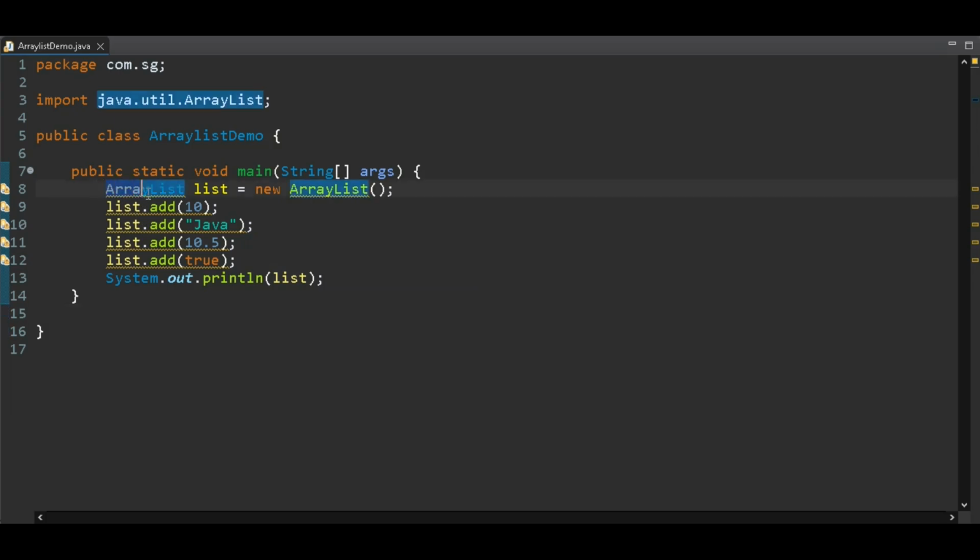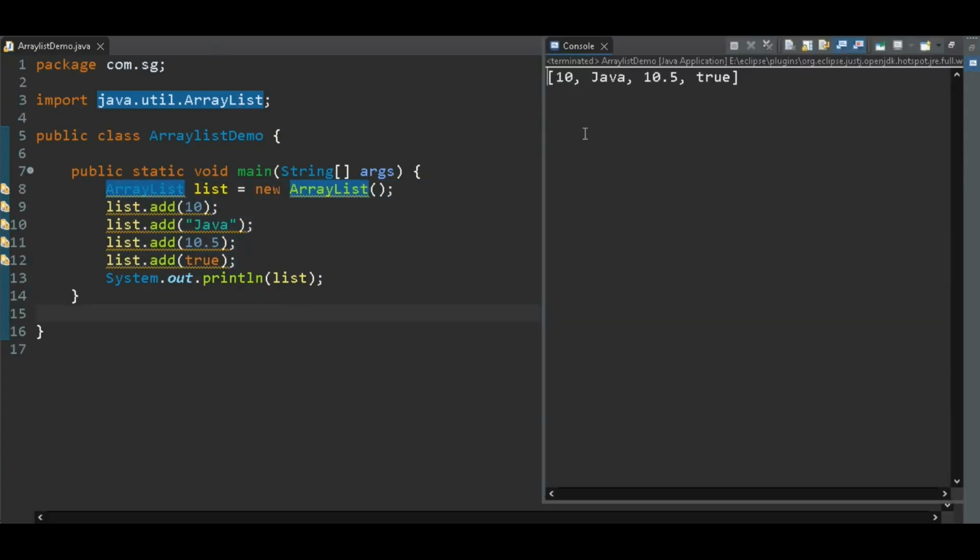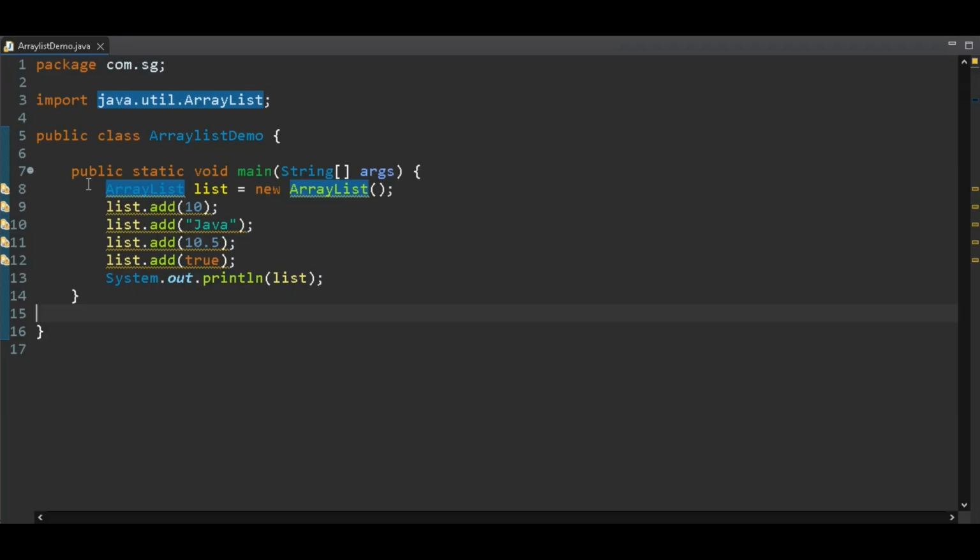Now this list contains different types of data. Let's run it. As you can see we have got the expected output without any error. That means array list allows storing values of different data types, so array list can be heterogeneous. Heterogeneous means array list can store elements of different data types, and this is one of the features of array list.